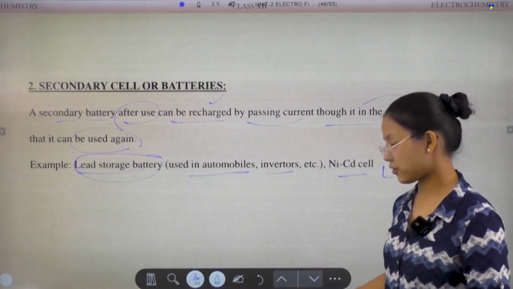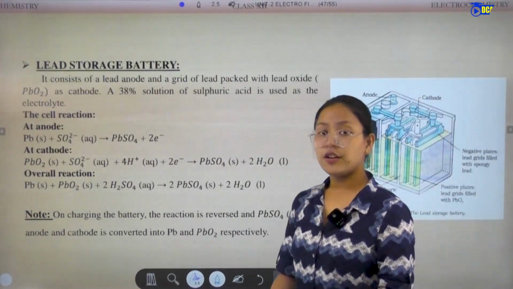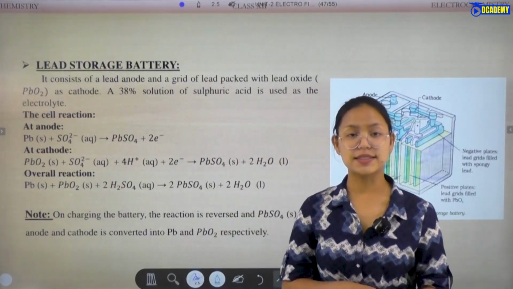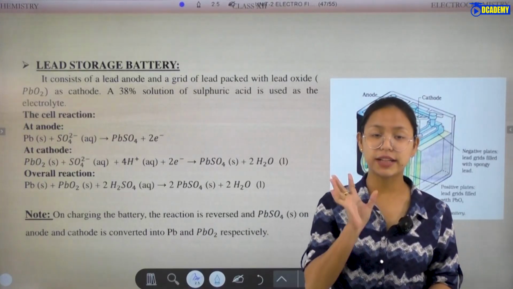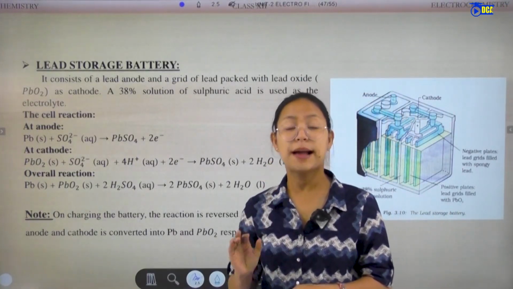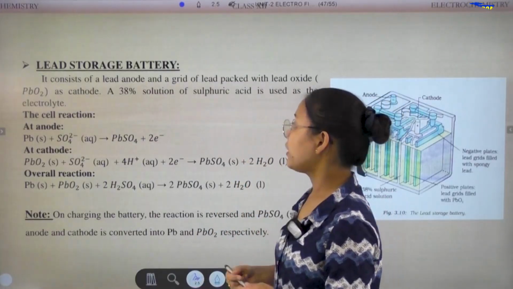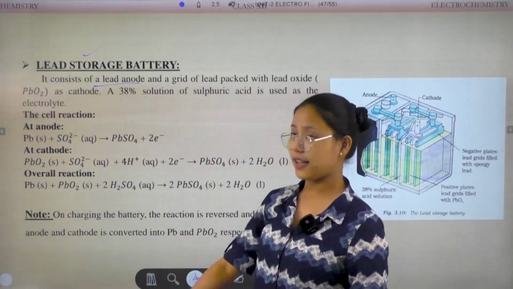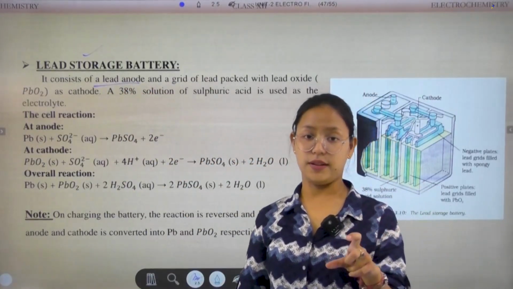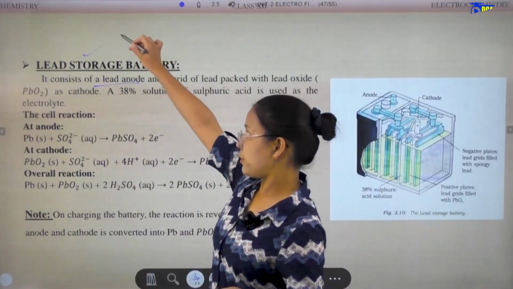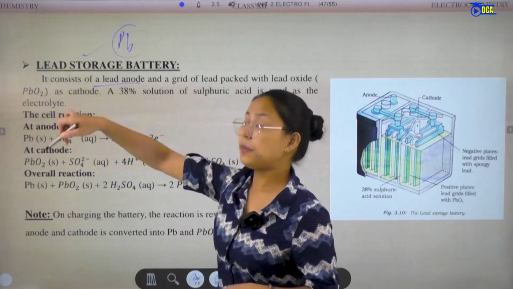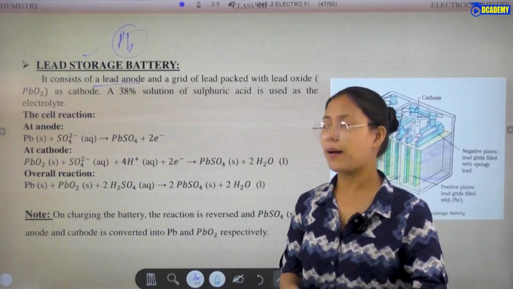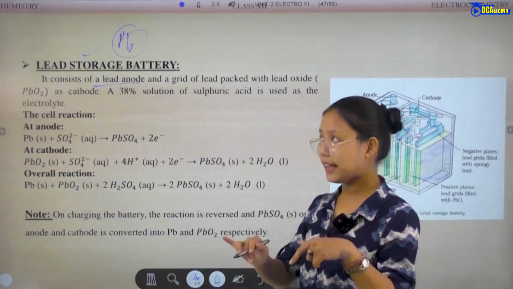So what do we mean by lead storage? Lead is one of the elements, it is a metal. So here the lead storage battery consists of a lead anode. Lead is denoted by Pb, from plumbium. Now it consists of a lead anode and a